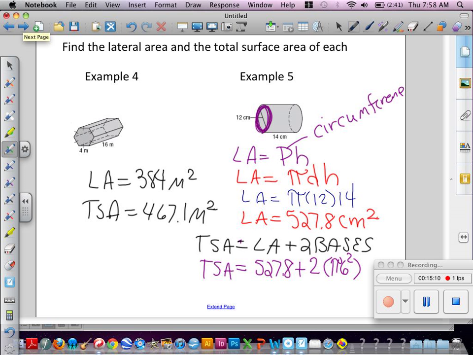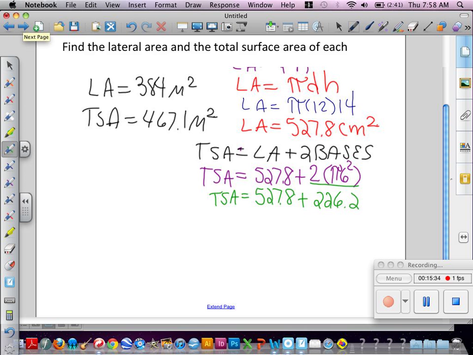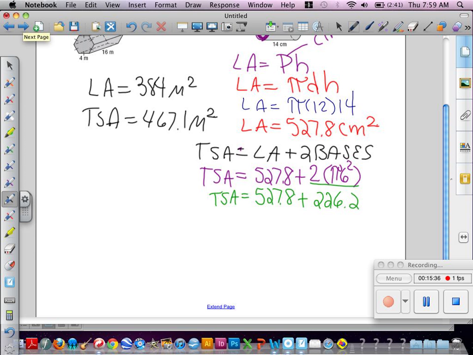So I'm still communicating my mathematics by writing each step down. My total surface area, I still have my LA, my lateral area, 527.8. I'm going to multiply this out and I'm going to write it down. So I'm taking 2 times pi times 36. I'm getting 226.2. Now I'm going to add them together. I'm writing each step down. I'm communicating my mathematics. Total surface area. Adding those two together,